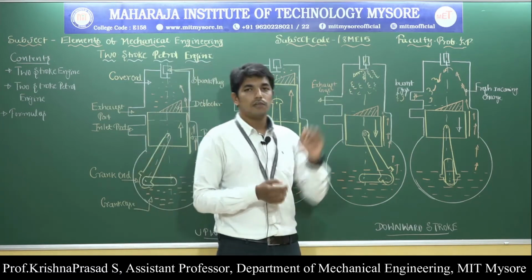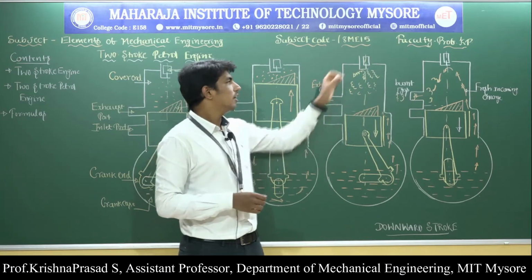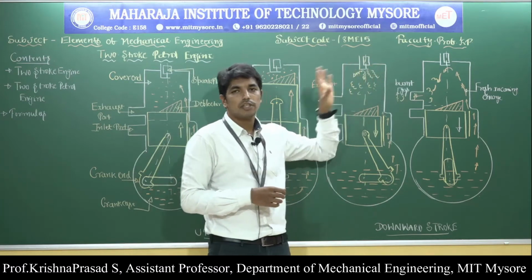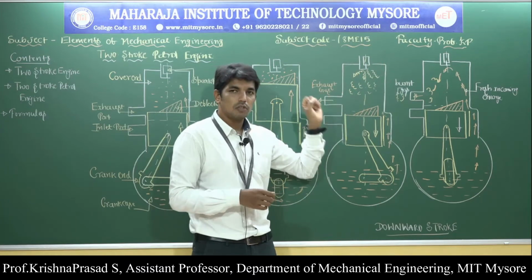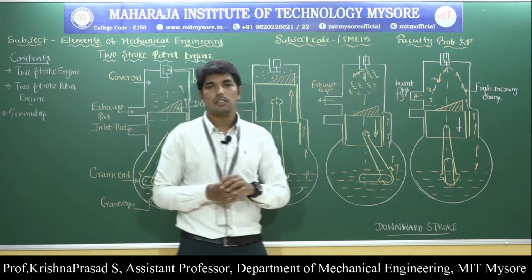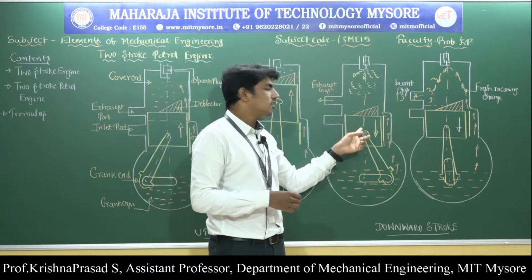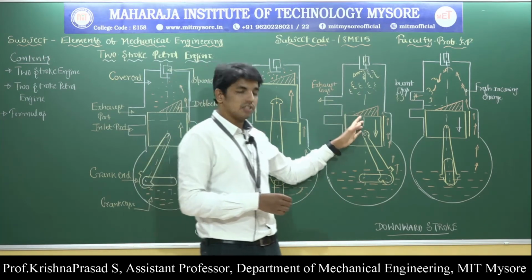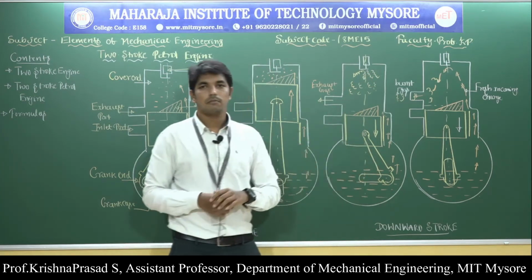At the beginning of the downward stroke, the high pressure and high temperature air fuel mixture catches fire from the spark plug, hence the combustion of the air fuel mixture is going to take place. Due to the combustion, power is going to develop and burnt gases are going to develop inside the engine cylinder. These burnt gases expand and exert force on the movable component called the piston, and this pushes the piston from cover end to the crank.